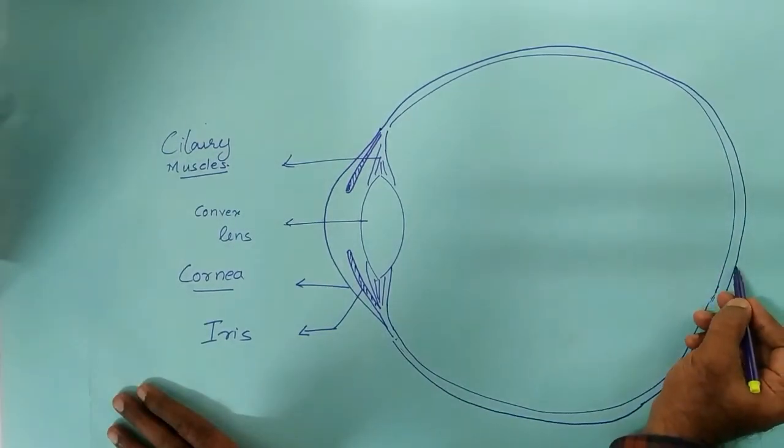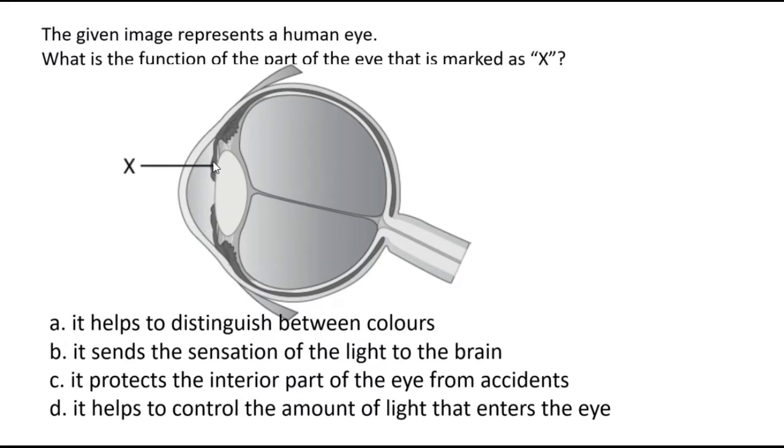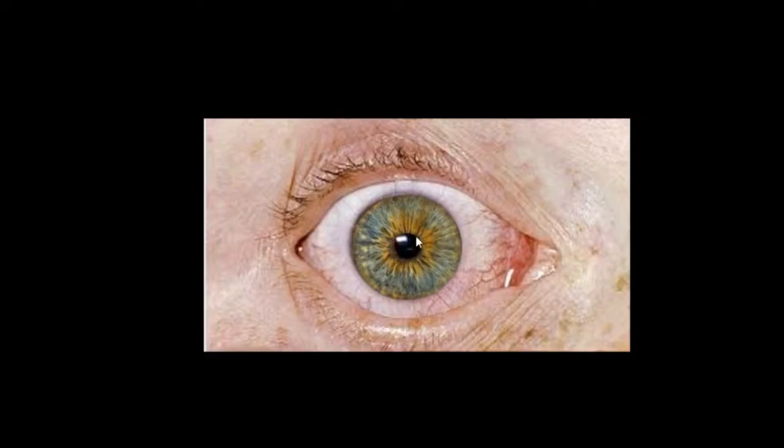At present in this question it is on the iris, which means you should know the function of each and every part, right? However, in this question we'll deal with only the iris. You all have seen the iris. We have taken this topic in the previous video tutorials. Please refer. Iris is the part which includes a small gap in between, which is called the pupil, and the iris controls the size of the pupil, and hence it controls the amount of light that enters into the eye, right?